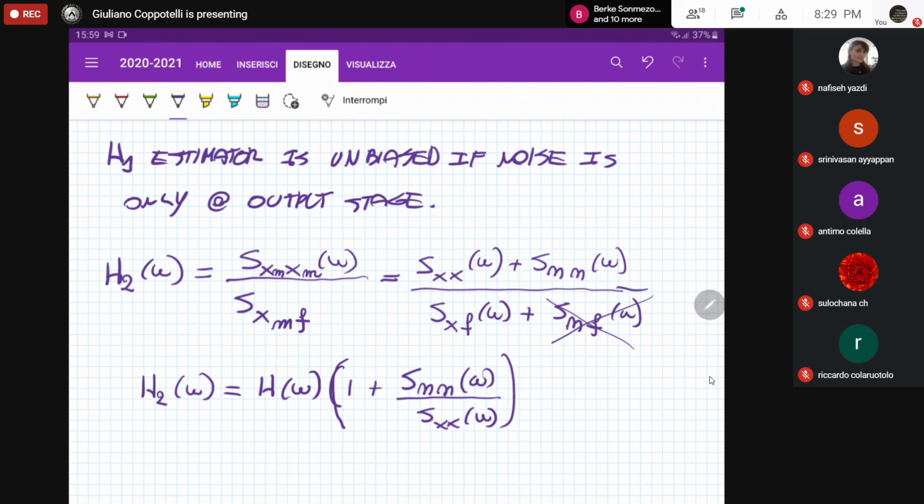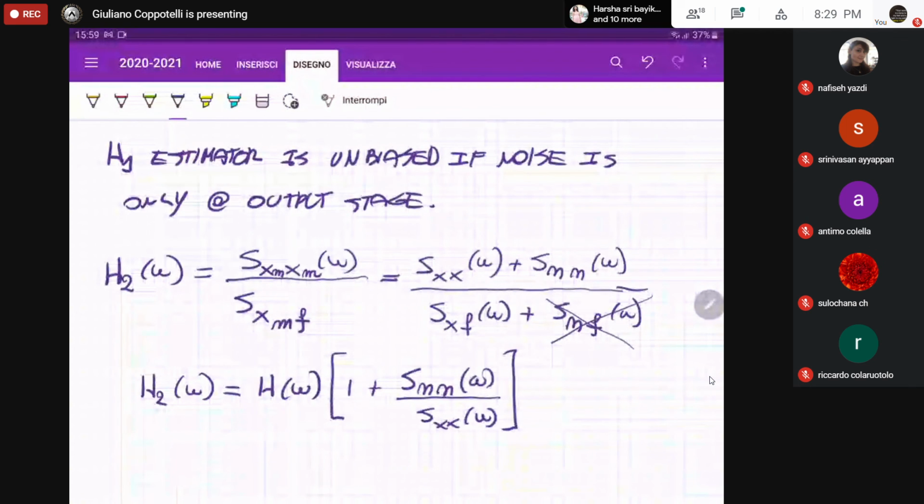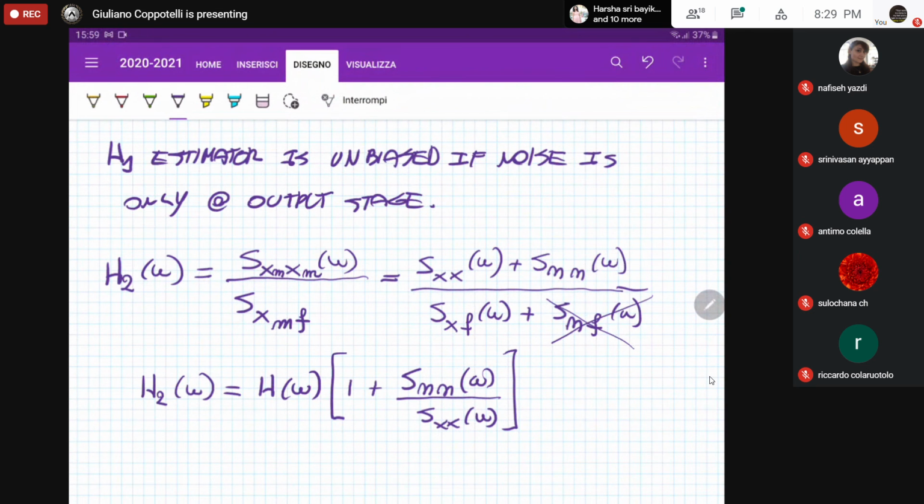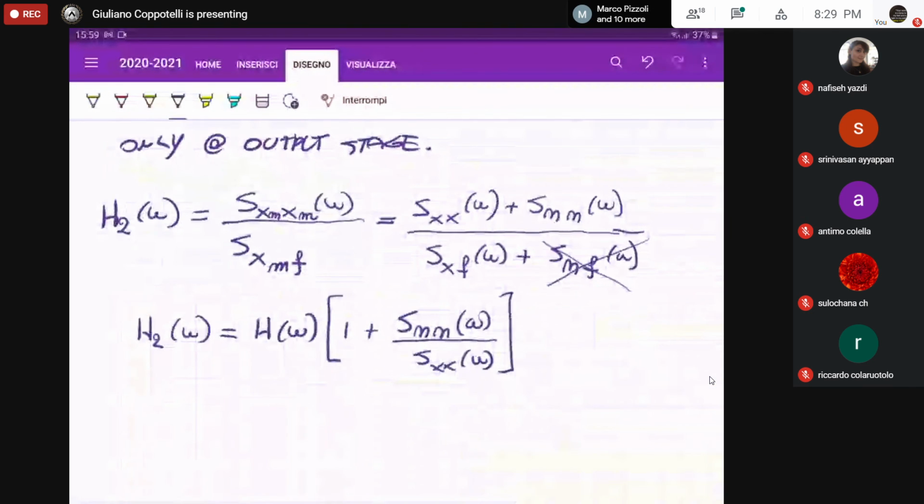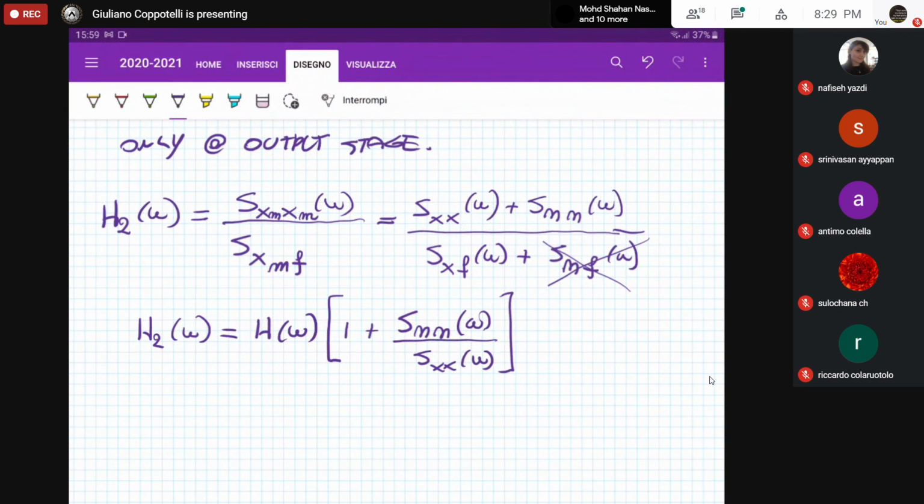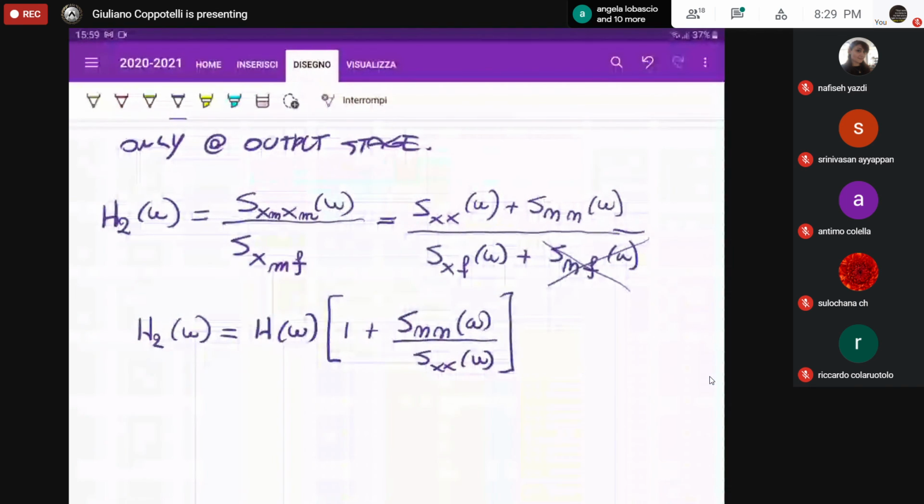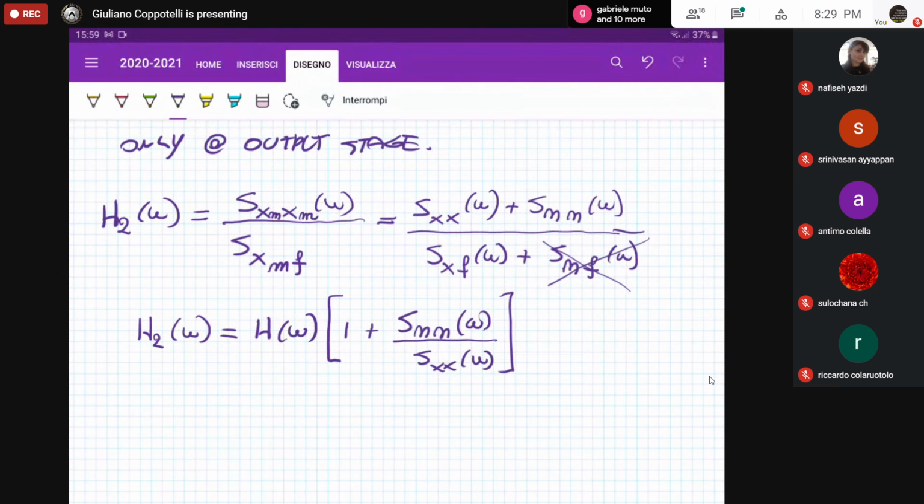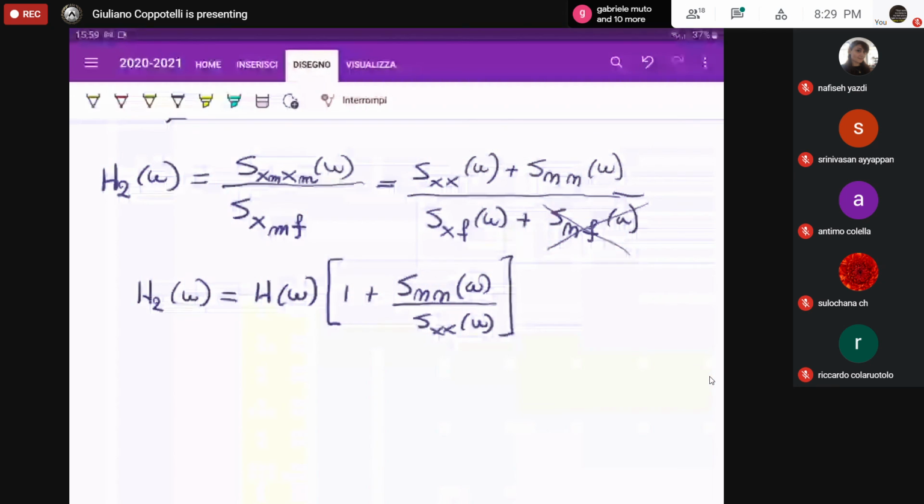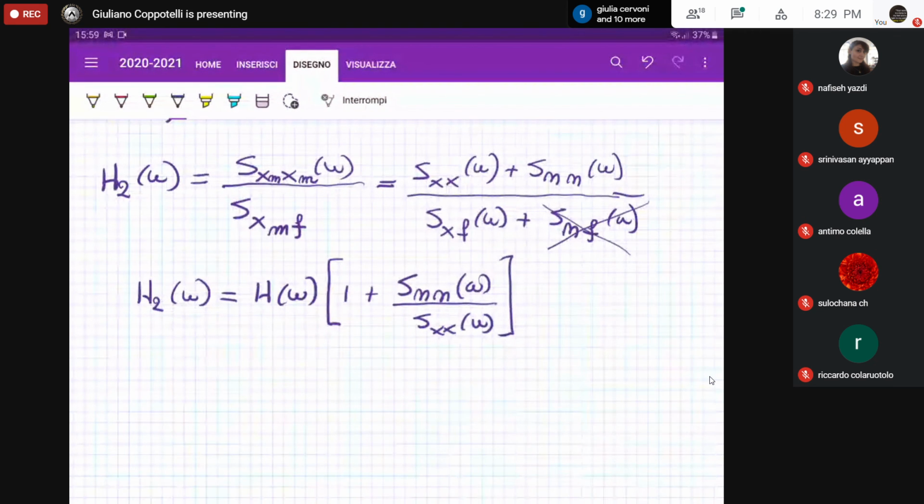And that is telling you that for the same system as before, but instead of using the H1 estimator, you are using the H2 estimator, the result is that your FRF is not the one that you were expecting, because there is an additional term. Remember, the SNN of omega is the auto power spectral density of the noise. And if you consider all the omegas, then that is equal to the variance of the noise. So that term is a positive quantity. So we have an estimate of the frequency response function that is not the true one. It is different. So what we can say is that